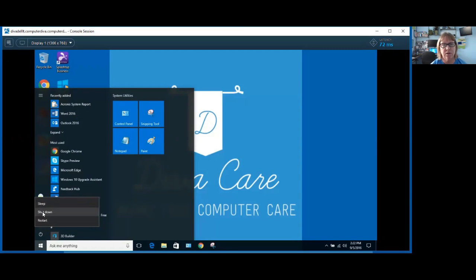If you can't shut down your computer any other way, maybe it might be frozen, go ahead and press and hold the power button. You can't just press the power button and let go. You actually have to press and hold it until the computer turns off. It's a safety feature that most manufacturers put in place years ago. Okay, so